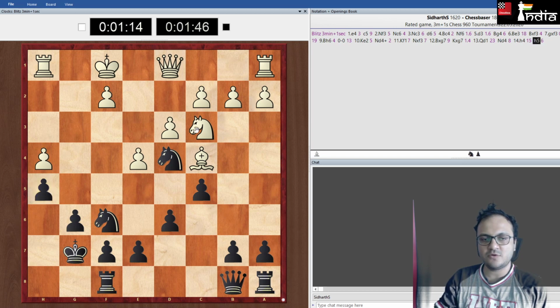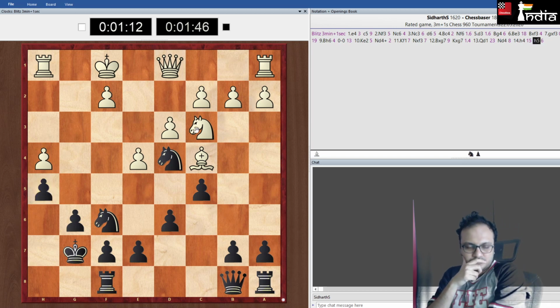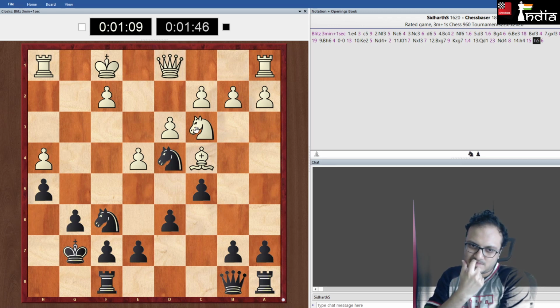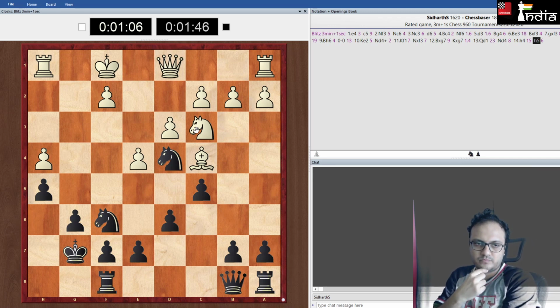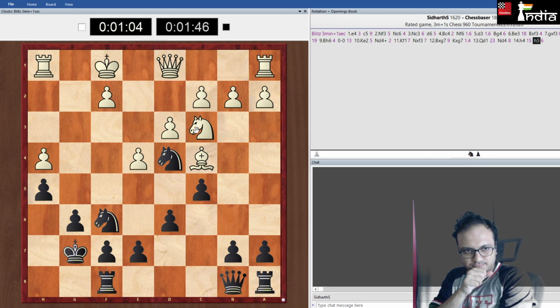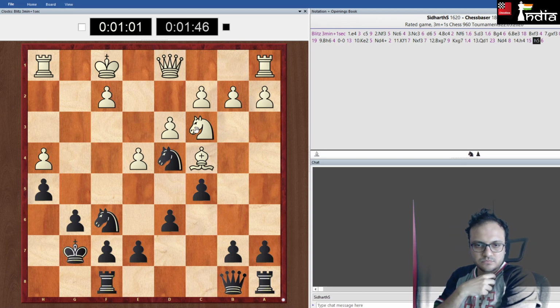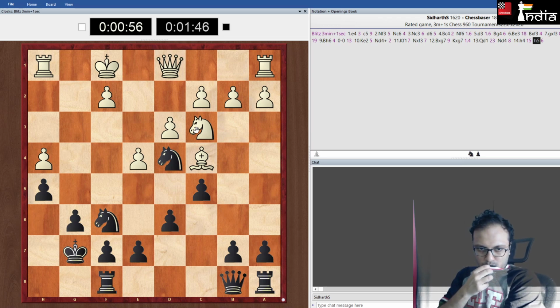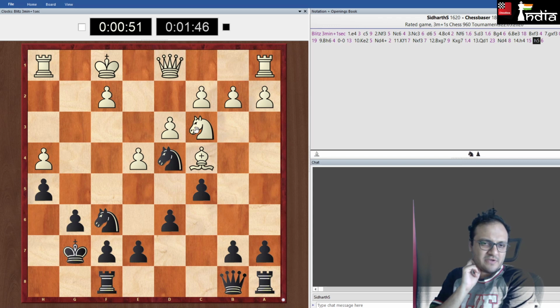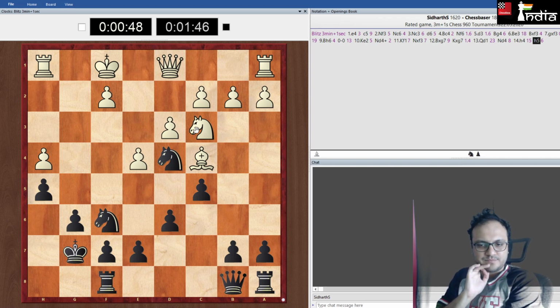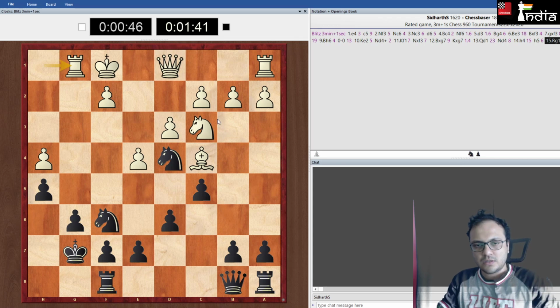Stop all his play down there. Maybe knight h5 was also good instead of h5. Rook to g1. Mhm. Can I go b5 now?